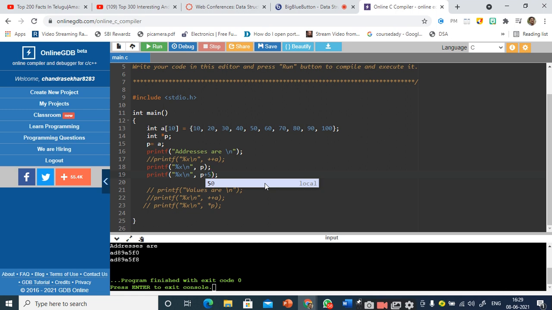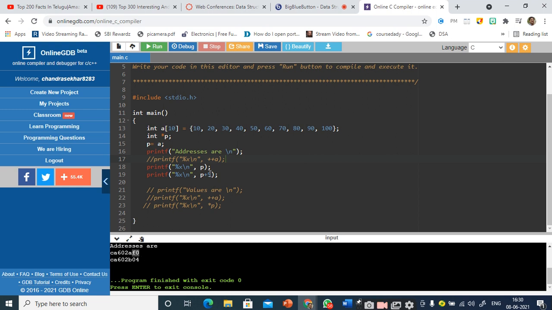So p plus 5 is nothing but the base address plus 5 into 4, that is 20. So whatever the base address is, it is going to add 20 to the base address. So for F0, you add 20, you will get 04.